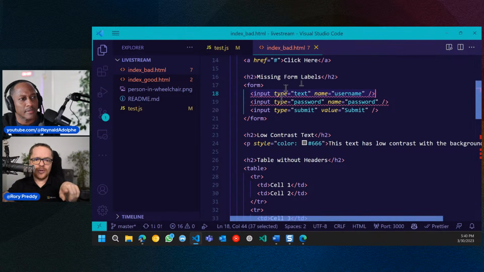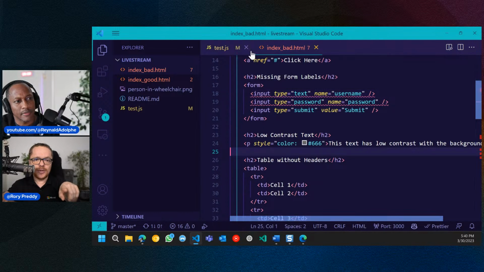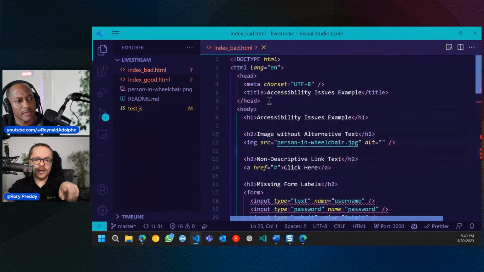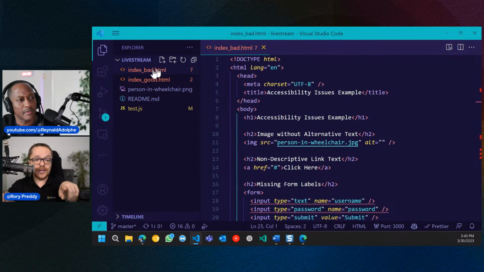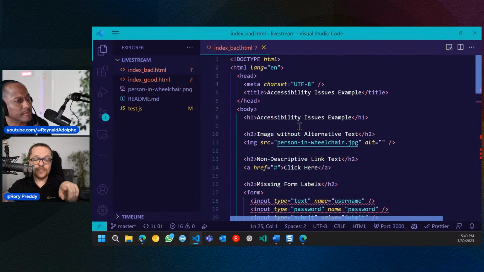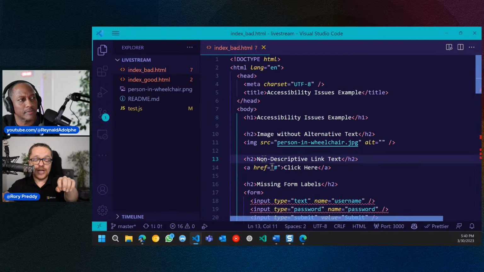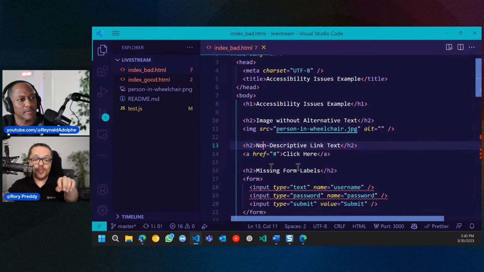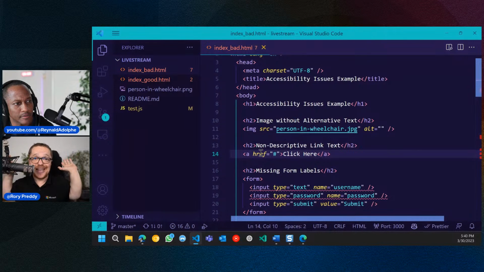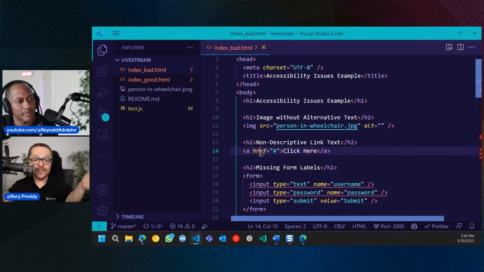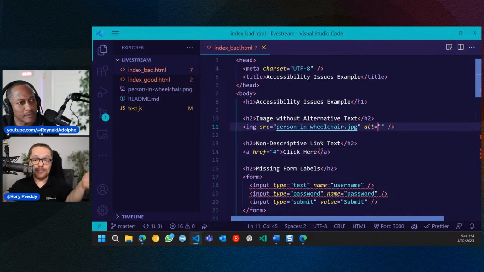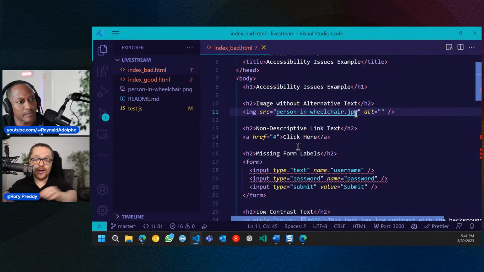So the bad HTML, immediately when I get into the bad HTML here, let's close all of that. You can see the linter is going a little bit berserk. It's still linting it there. It's saying it's got 7 issues here. Okay, cool. Let's see what we have here. We've got the href missing, form labels, non-descriptive link text. The href doesn't tell you what it's linking to or how it's linking. The image source also has empty alt text there. Let's actually take that out.